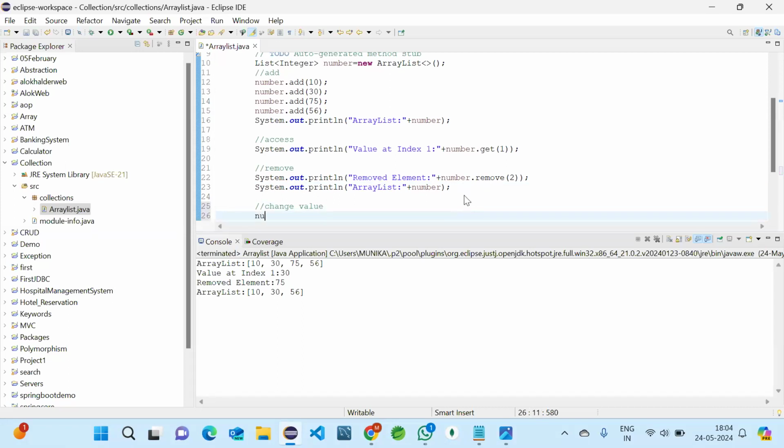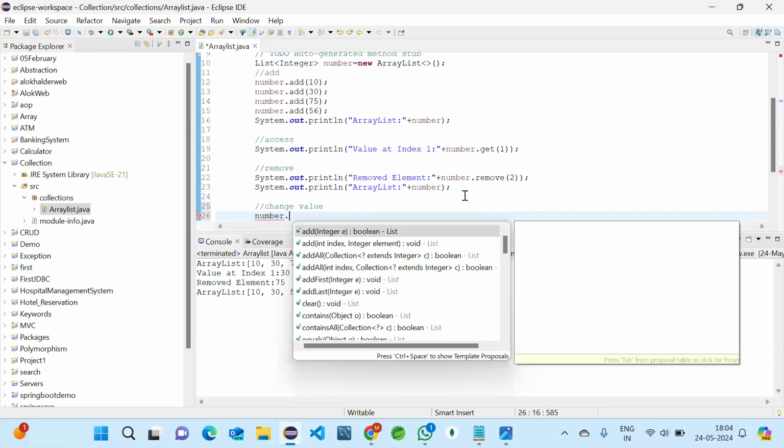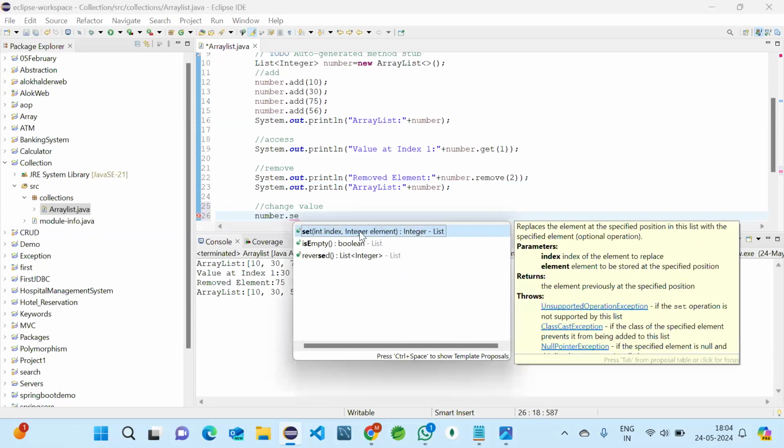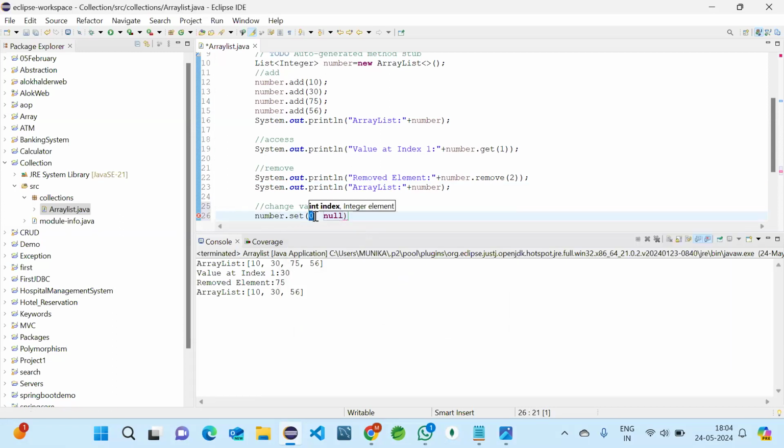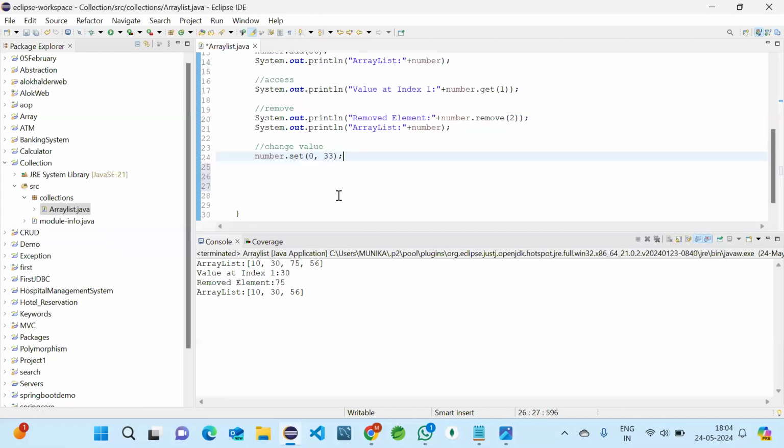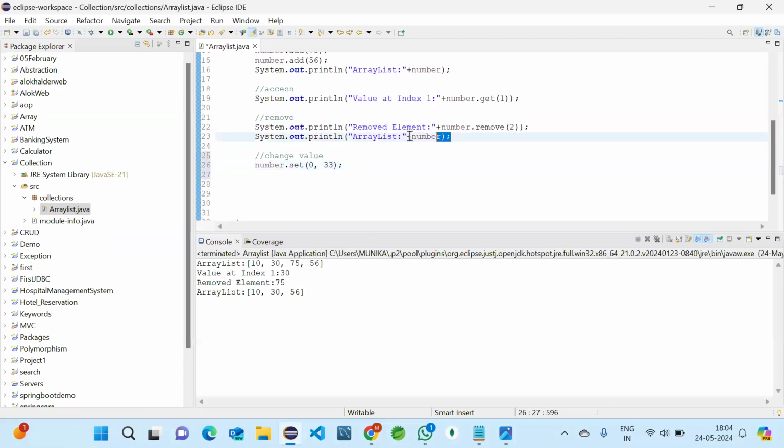We directly do number dot set. It takes two parameters, that is the index value and the value. I want to replace index value 0 with 33. So I'm saving and running it, and then we'll see how the array list looks after changing.